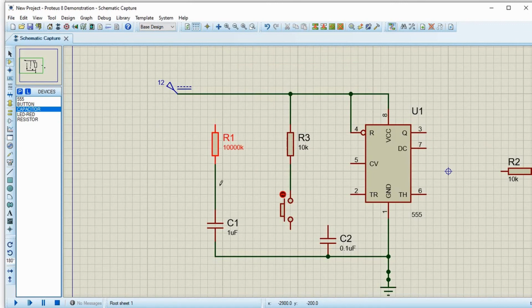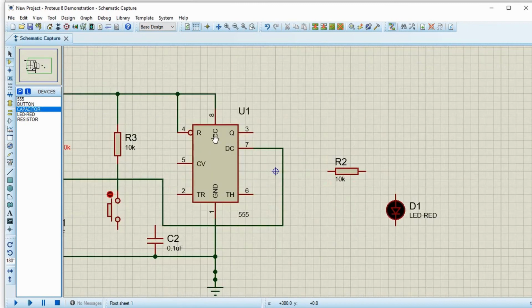This we will connect to discharge. And this will be our output.